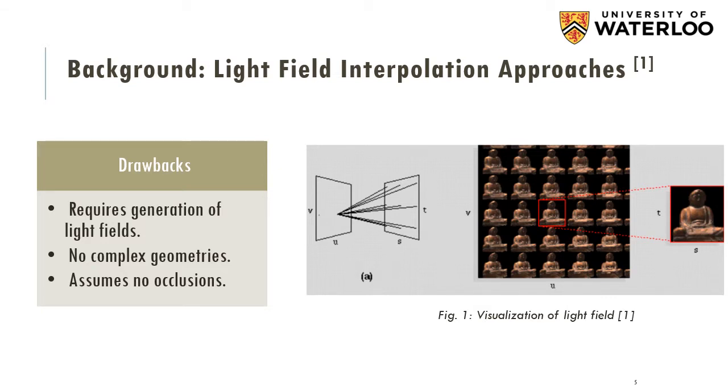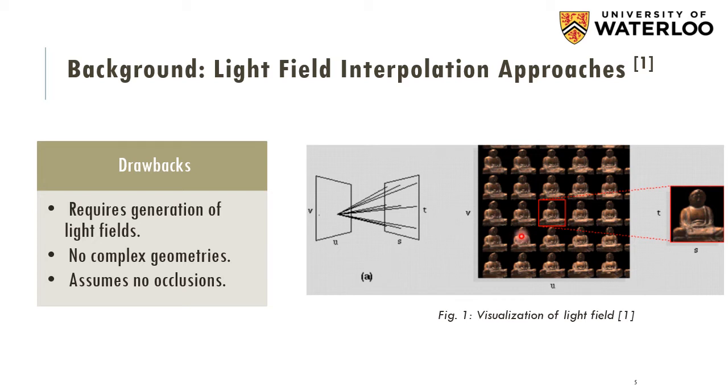We're given some input views of a scene. We would like to construct novel views by interpolating nearby views together. A particular type of these methods is called light field interpolation approaches, where a light field is a 4D representation of radiance in terms of 3D location and viewing direction. If we visualize this light field as the UV plane here, then one of the views of the scene is a 2D slice of this plane, and the different 2D slices represent different views of the same scene. And if you'd like to render a new view, we interpolate these two or some of the